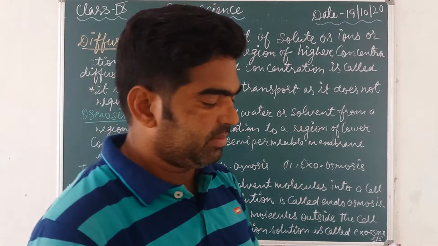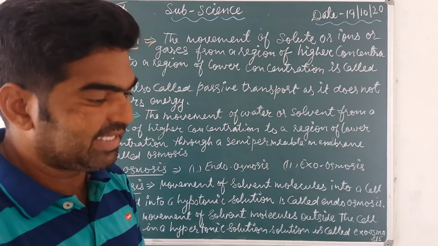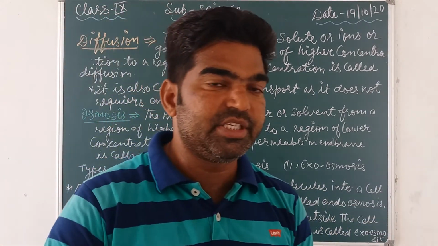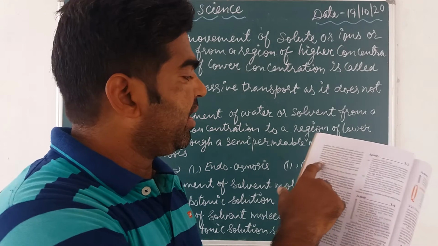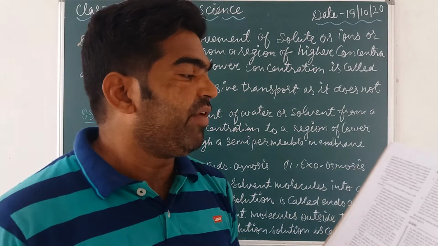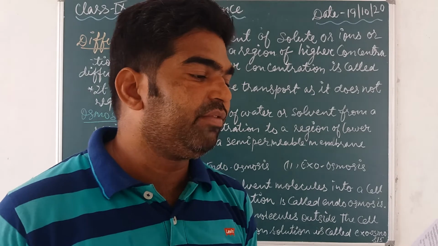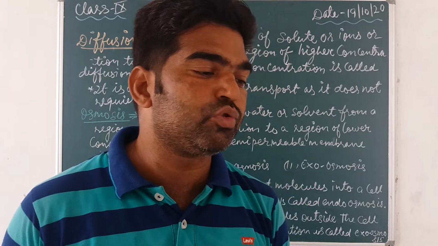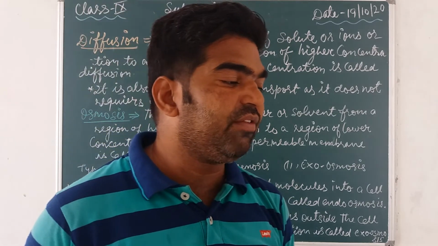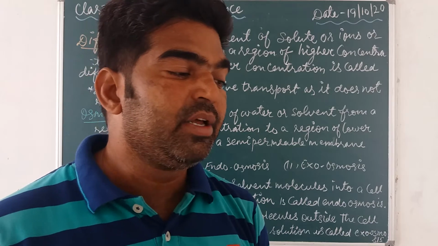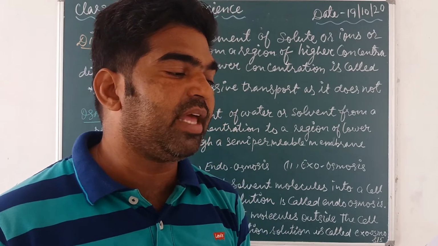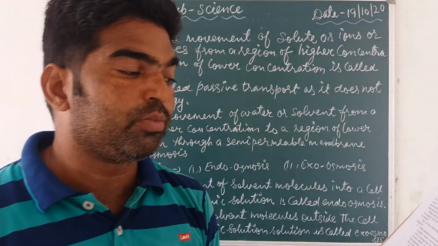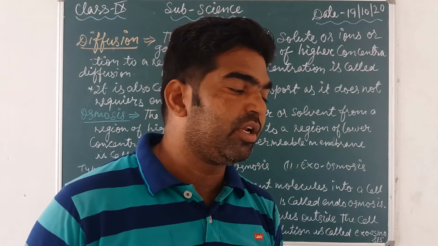Now see, at page number 60 here, this explanation is given. Everybody see in your textbook page number 60 from this second paragraph. What happens if we put an animal cell or plant cell into a solution of sugar or salt in water? So first, if the medium surrounding the cell has a higher water concentration than the cell, meaning that the outside solution is very dilute, the cell will gain water by osmosis. Such a solution is known as a hypotonic solution.